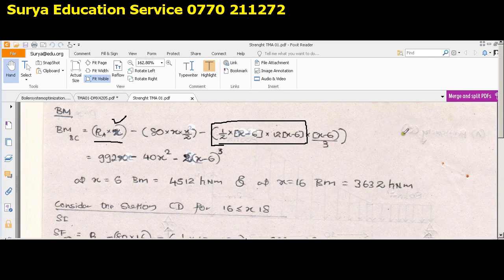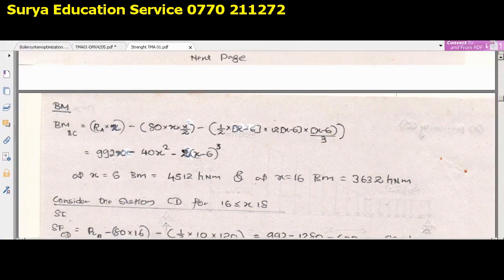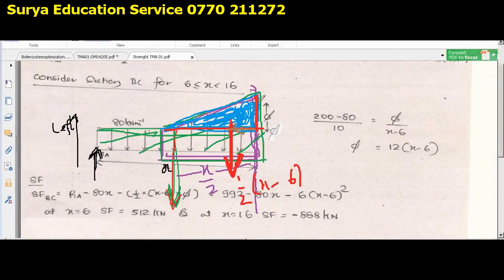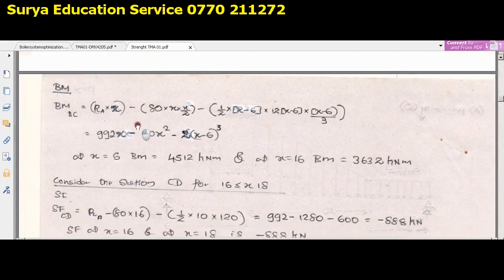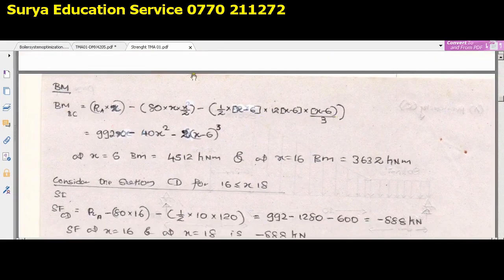section, or to the point you are going to consider the moment, which is the perpendicular distance between the force and that point, (x minus 6) by 3, like this, right? Because now this is the section you are going to consider for the moment. So now you have obtained the general equation. So if you solve that carefully, it would be